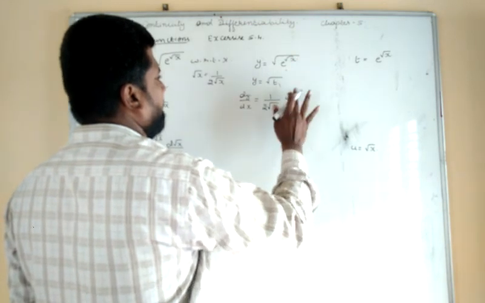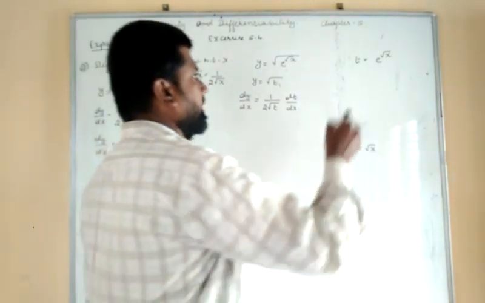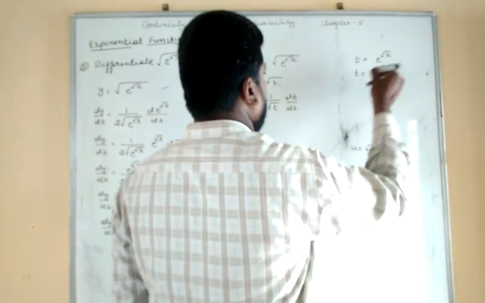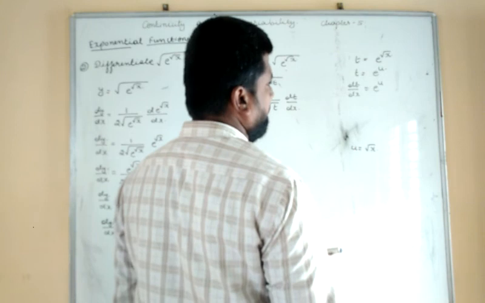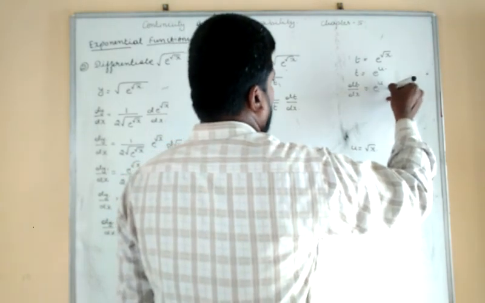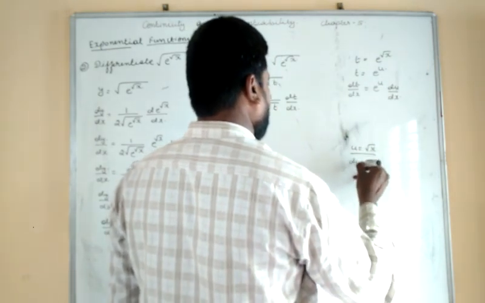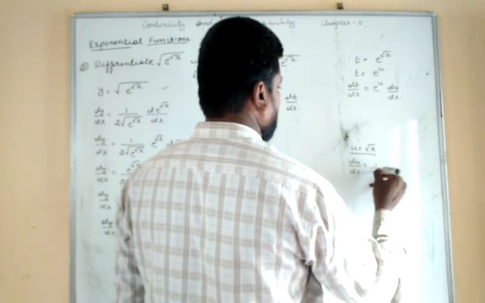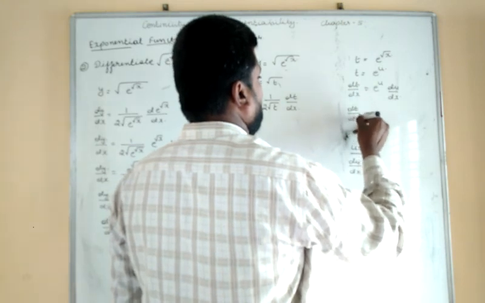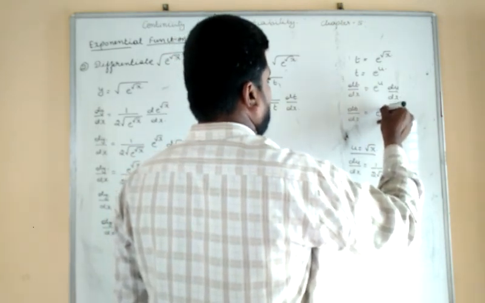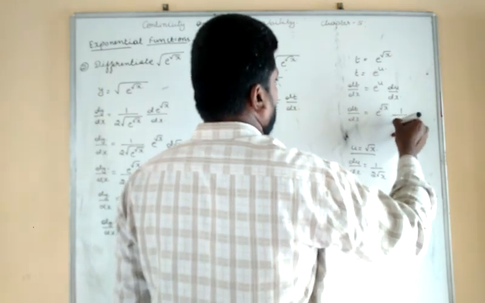Again differentiation of t with respect to x, dt by dx. Okay, again here substitute t is equal to e to the power of u. Differentiation of t with respect to x is equal to e to the power of u. Differentiation is e to the power of u, in the place of x, u is there, again du by dx. Then differentiate u with respect to x. Du by dx is equal to root x differentiation, which is 1 by 2 root x. So substitute this in the above. Dt by dx is equal to e to the power of u, where u is root x, again differentiation du by dx, which is 1 by 2 root x.